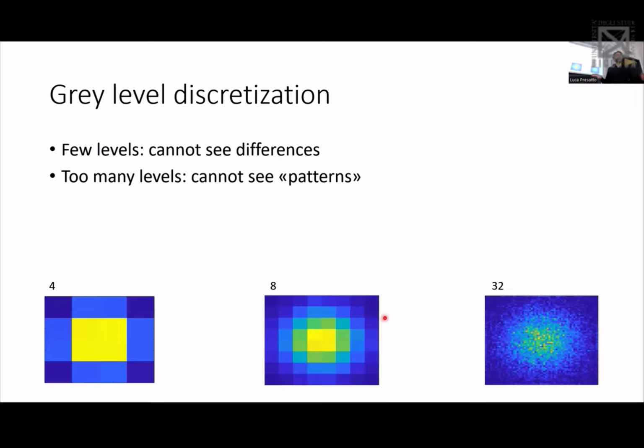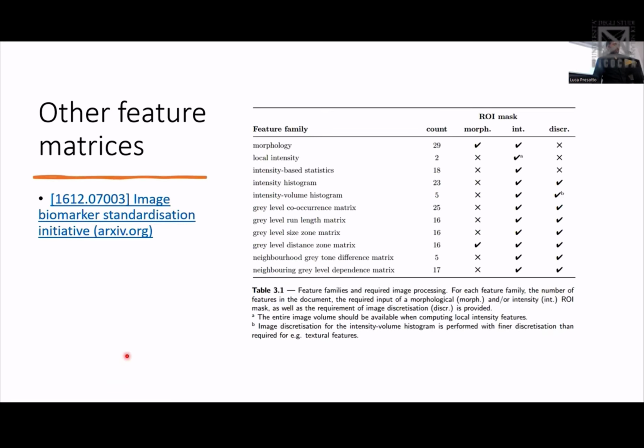So it was used to reduce the number of gray levels. If you went to 8 or 32, 32 might have been fine, and 8 would have been okay, but you were losing some details, and with 4 you get no information because you have too little entries. So when people started to work a lot on that, they started inventing not only the co-occurrence matrix, but